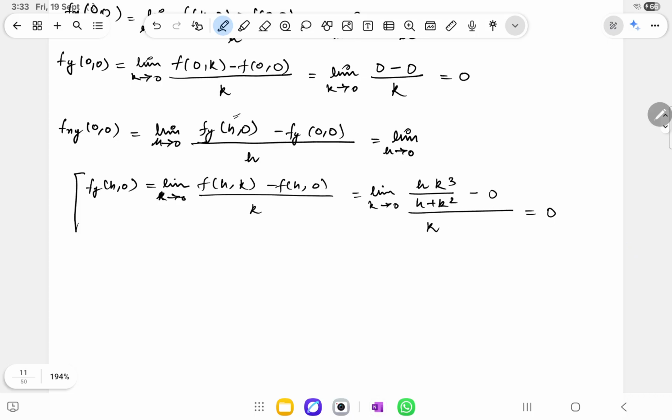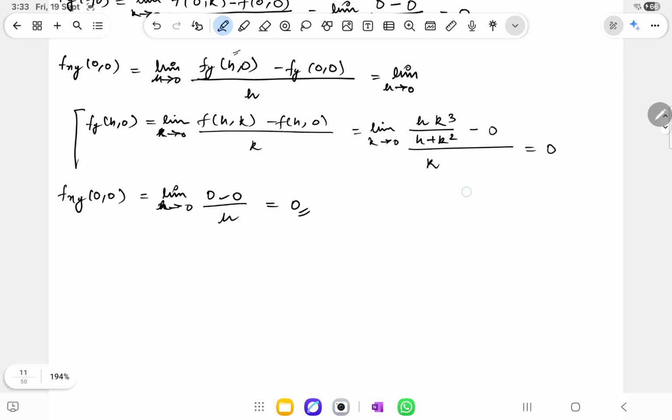So if I further find fxy(0,0), this will be the limit as h approaches 0 of fy(h,0) minus fy(0,0), divided by h. Since fy(h,0) is 0, it is 0 minus 0 divided by h. So this limit turns out to be 0 only. Likewise, if I find fyx(0,0),